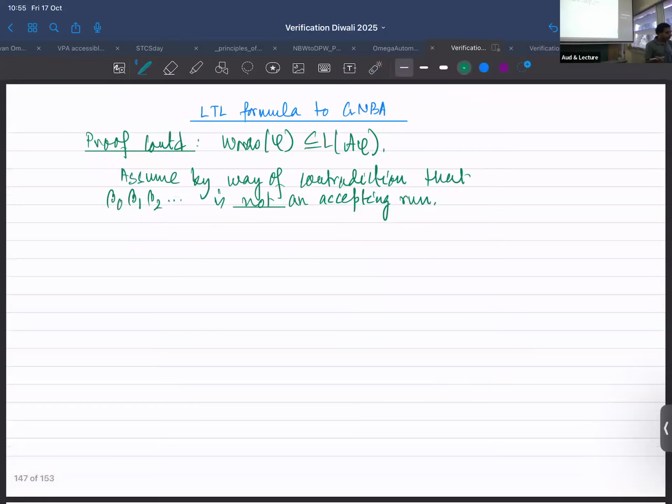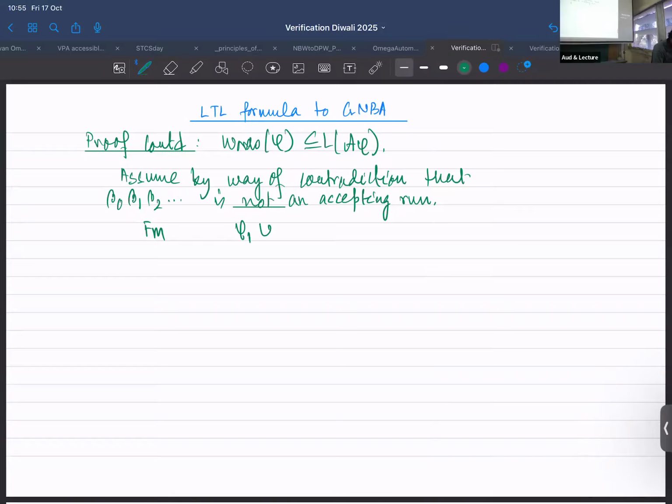That means that there exists some until for which it fails. If you recall, there is a corresponding accept set for every until. If this is not an accepting run, then there is an accept set, let me call it some F_m, corresponding to some until